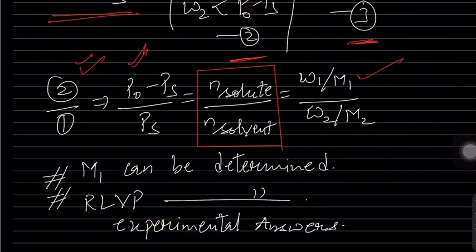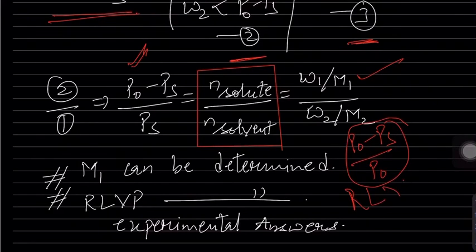P naught is the vapor pressure of pure water, which is obviously equal to 24 torr or 23.8 torr, you can say whatever you like. And Ps is the vapor pressure of the solution, which was studied by using the barometer or some similar equipment, and we have measured the vapor pressure of the solution. So Ps is given, P naught is given, W1, W2 and M2 are given. We can find the value, and then because we have Ps and P naught, we can find P naught minus Ps upon P naught easily. This is equal to relative lowering of vapor pressure, RLVP.